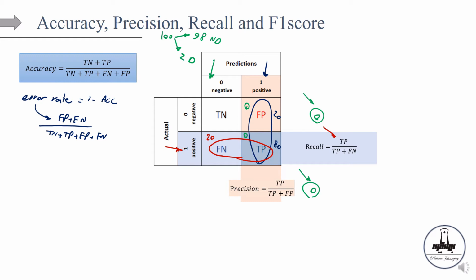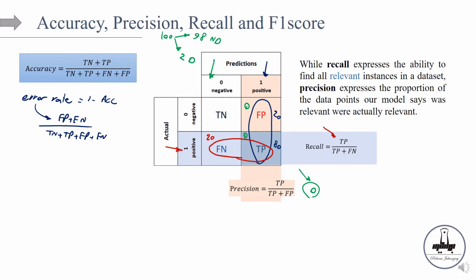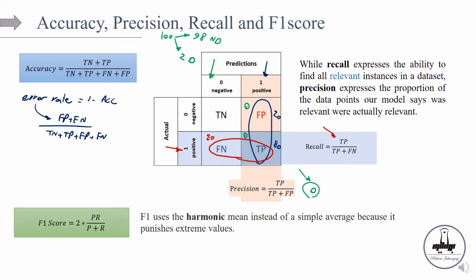So let me conclude these two, and then we're going to talk about the other performance metrics. So while recall expressed the ability to find all the relevant instances in a data set, precision expressed the proportion of the data points that the model says were relevant that were actually relevant, right? So among those that the model predicted to be correct, what percentage was actually correct? Okay. Now, the third,